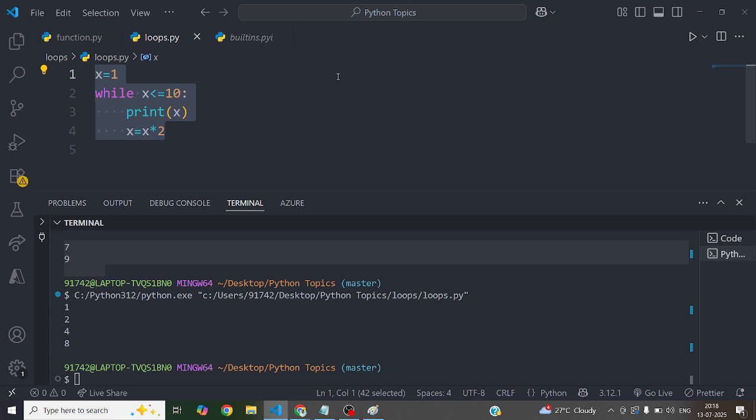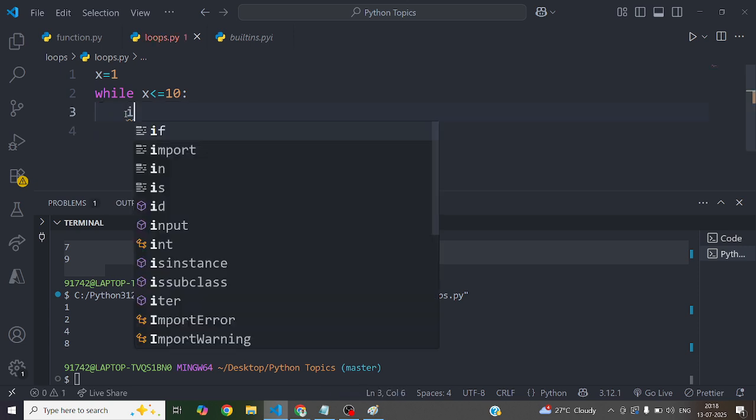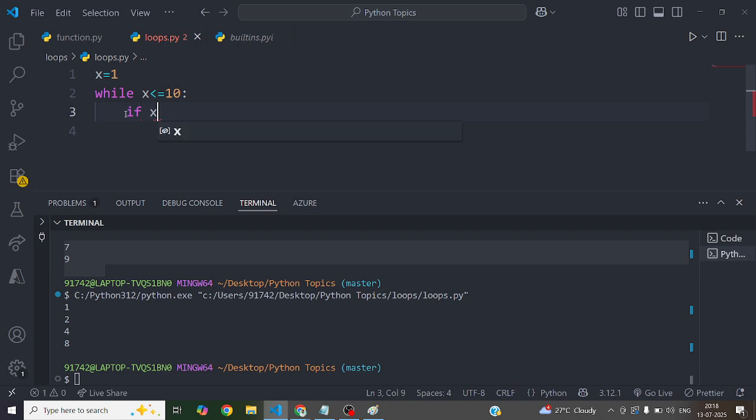Okay, no issue. Now we'll see more examples, like the break statement. What it will do, you are telling, if x is equal to 4, break.